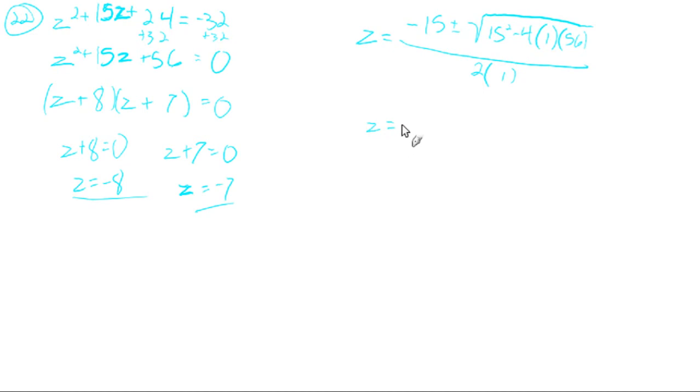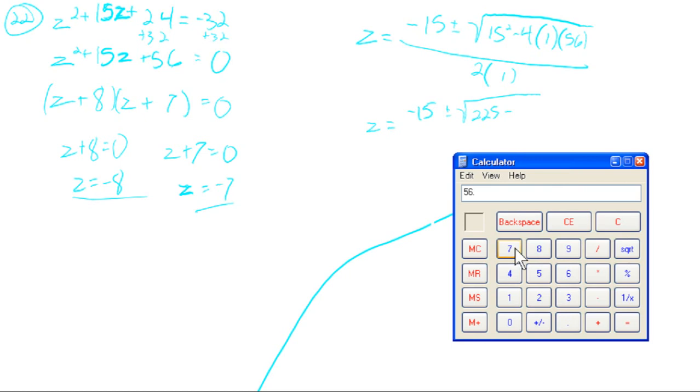Z equals negative 15 plus or minus the square root of 225 minus 4 times 56, that's 224,